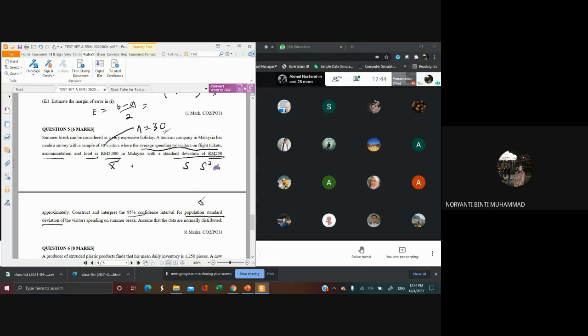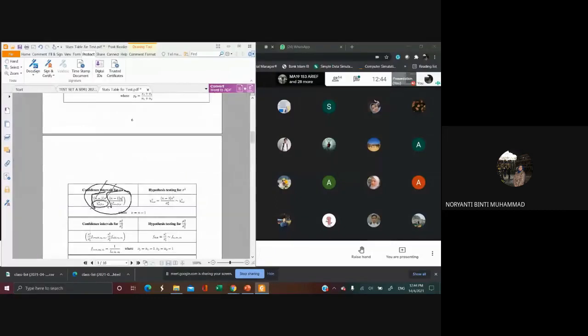So when you have S square, this 250 should be square as well. Okay, don't confuse with variance and standard deviation. Standard deviation S only. Variance, you will have S square. So tengok data tu kasih apa. Dalam ni dia kata S. Tapi dalam formula, dia nak variance. So you kena squarekan data. Okay. And then,